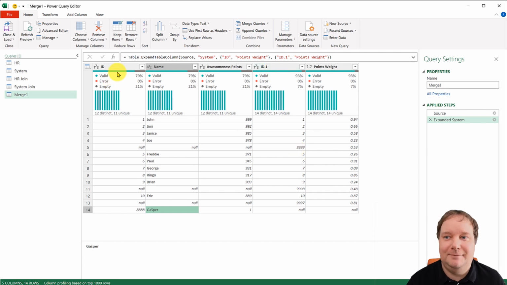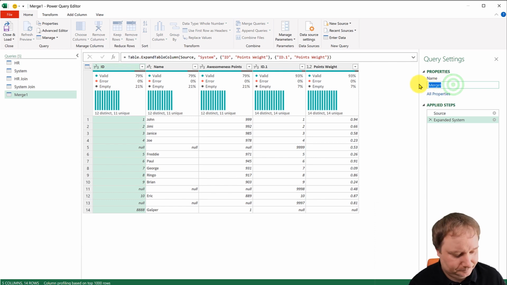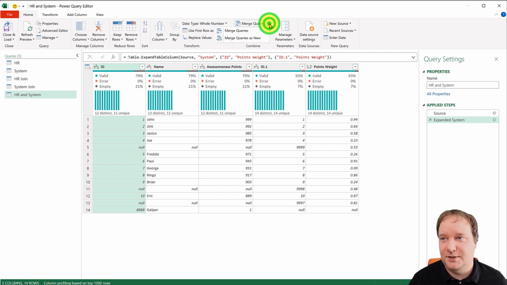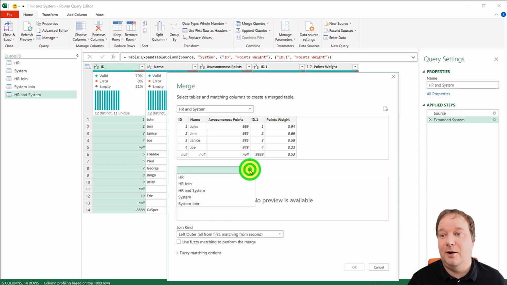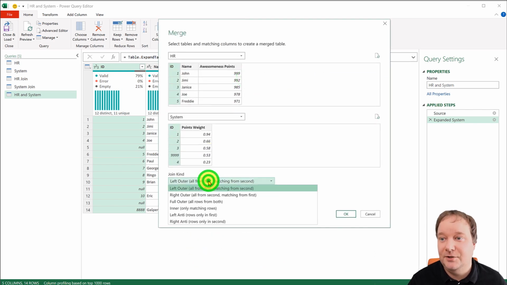And usually this one is not used as much. So this is just literally HR and system. So both tables with all the matches that can be produced and all of those that couldn't be produced, right? Then you have a very interesting type of match, which is inner join. Now, inner join between, oh, sorry, that would be HR. So between HR and system, the inner join,